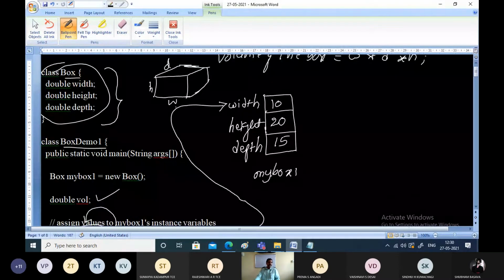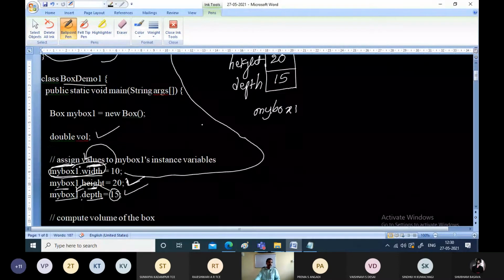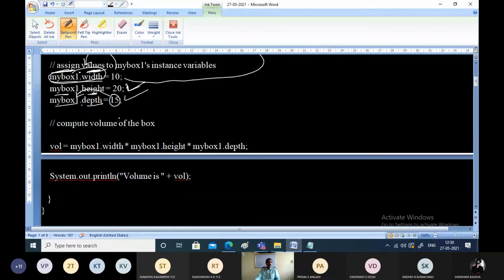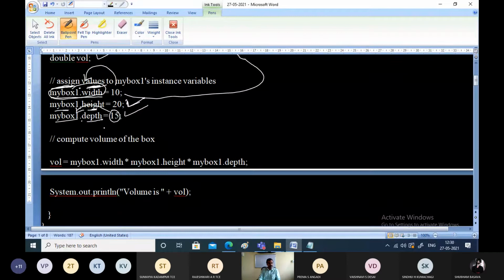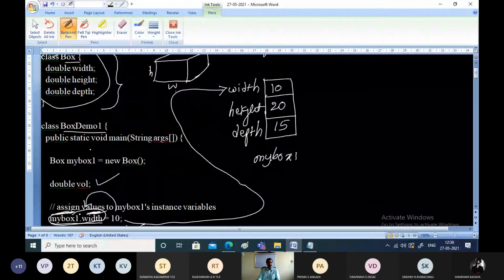So we are just trying to compute the volume of the box in the next statement. We are trying to find the multiplication of all these. What is mybox1 dot width here? The width member has a value of 10.